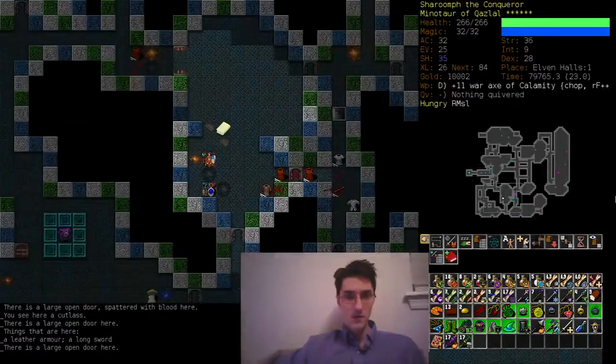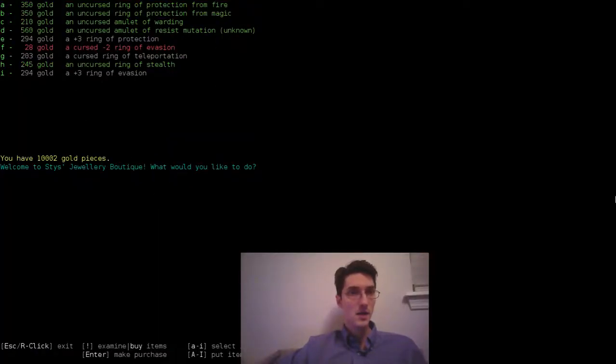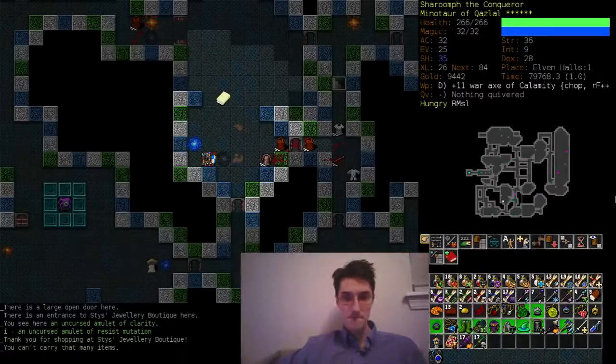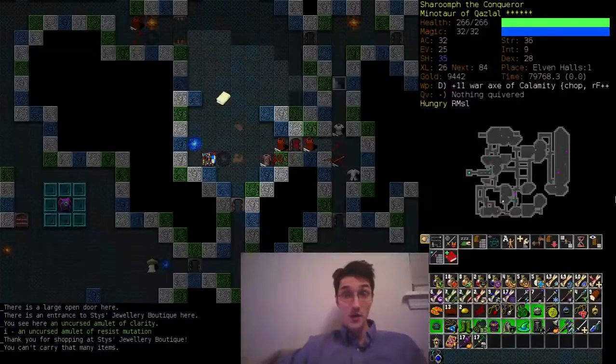Where are we going? Still to get this. Oh, yeah, that's right. Amulet of Clarity. We need an Amulet of Resist Mutation. Yes. Okay. Do we have it in our inventory? Yes, we do. Okay, excellent. Good. Alrighty, so